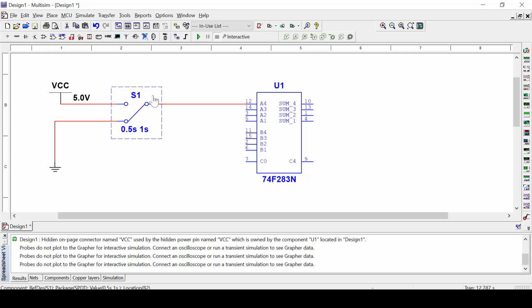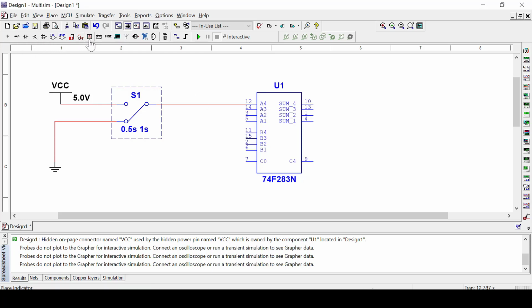So you're supposed to use 4 identical bidirectional switches for the A bits, similarly 4 identical bidirectional switches for the B bits, and you're supposed to give the lower part to the ground and the upper part to the VCC, or either way around, but you should remember which part is given to the power supply and which part is given to the ground. Now I'm going to show you how to display the output.